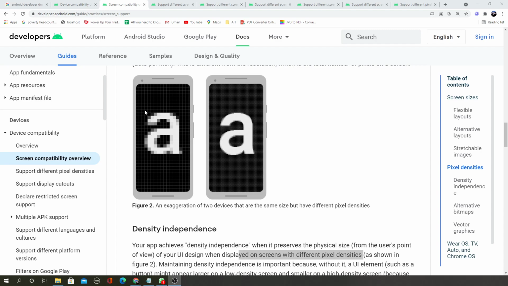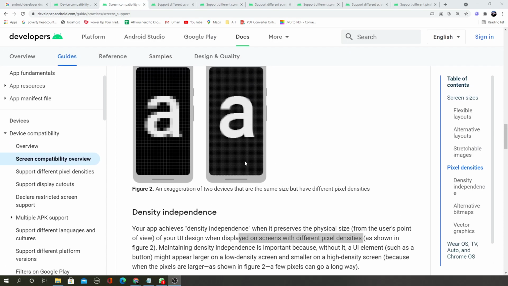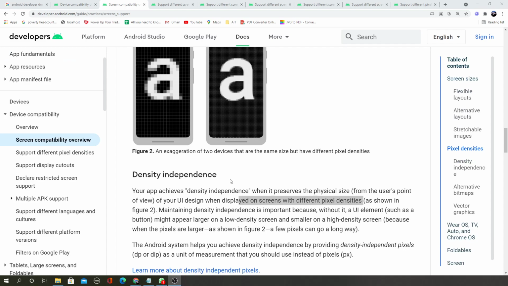If you consider the width of this letter A and the height of this letter A, it is the same in both devices having these two different pixel densities. If you develop an app like this, you call this density independence. So from the user's point of view, it preserves the same physical area.